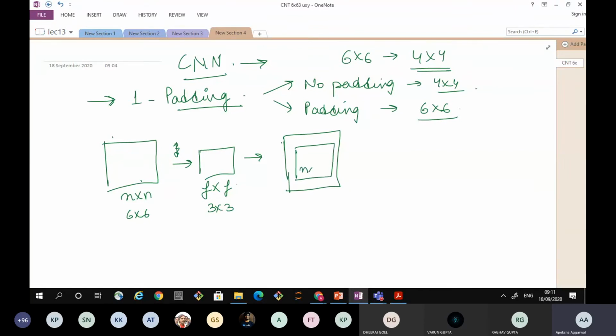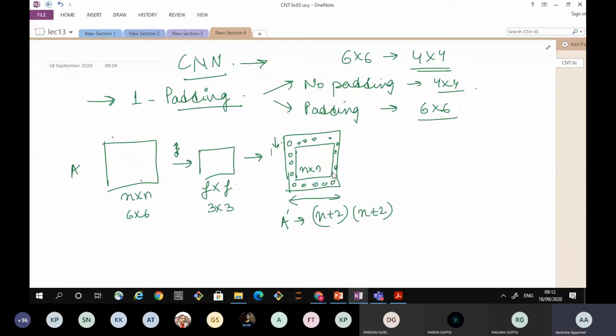So this was my n cross n. I have added one layer of zeros in the output. So now this original image size, let's say this was A, the size of A dash would be n plus 2 and n plus 2. In the horizontal direction, only 1 and 1 pixel values are added, and in the vertical direction as well. So this and this is added. So two rows and 2 columns are basically added.